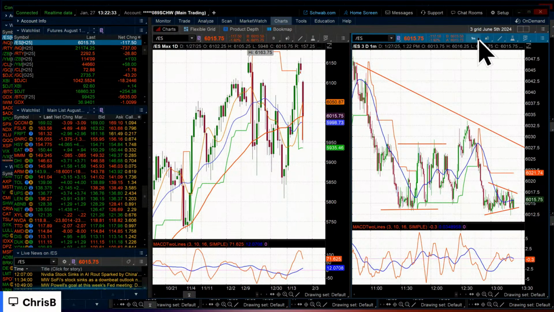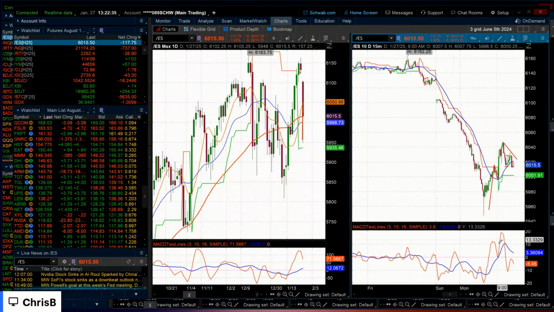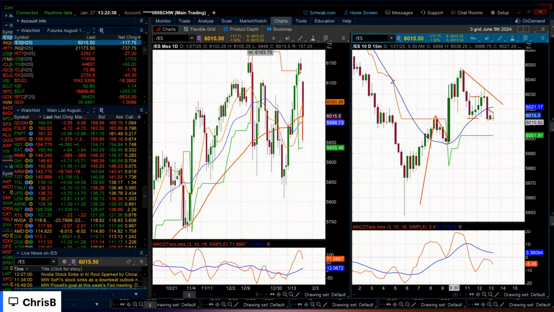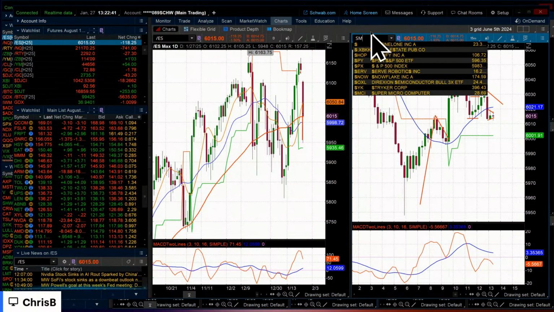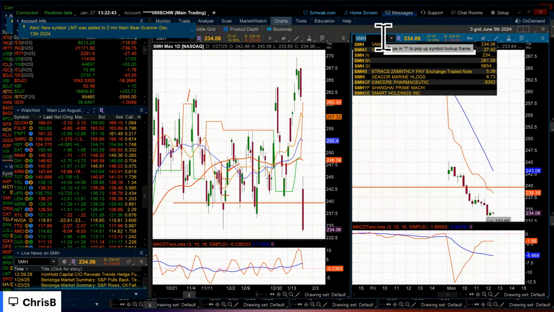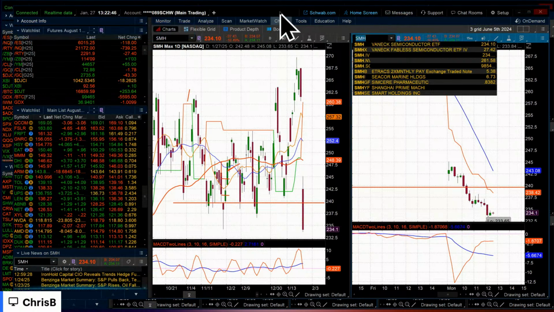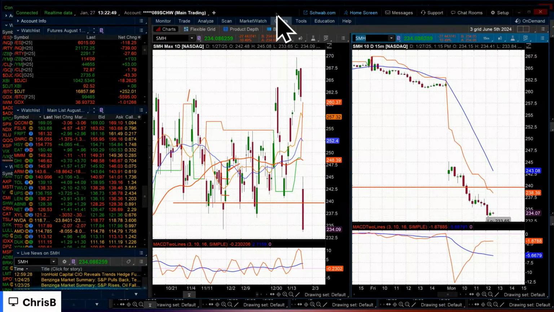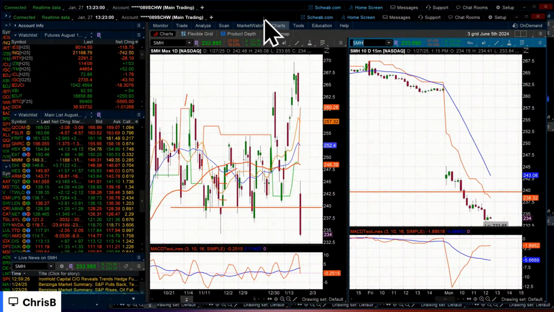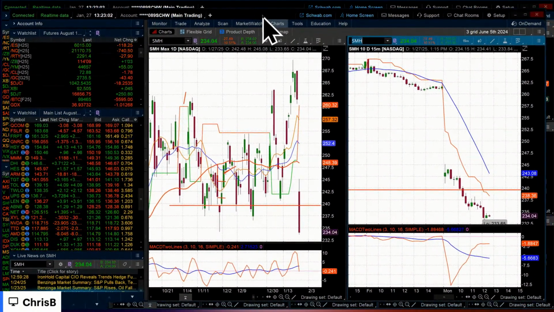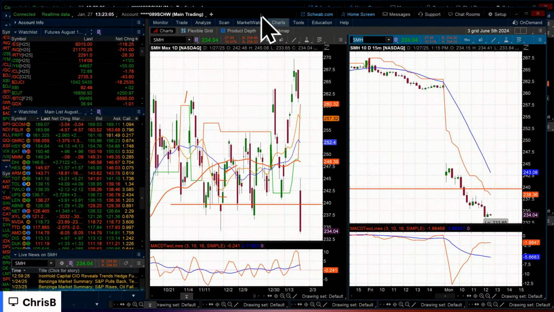Is it near massive price support on the right? No, not really. Is the SMH near, because the chips are what took everything down? Is that having a massive rally? No. So you don't have 3 reasons to buy, is my point. You just don't have 3 reasons to buy. And everybody wants to buy. I mean, just buy. I'm just telling you, in the long run, I understand that. But in the short run, you gotta know when not to be long. That's what I mean.